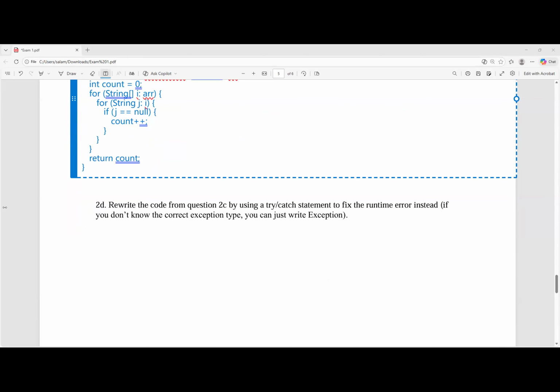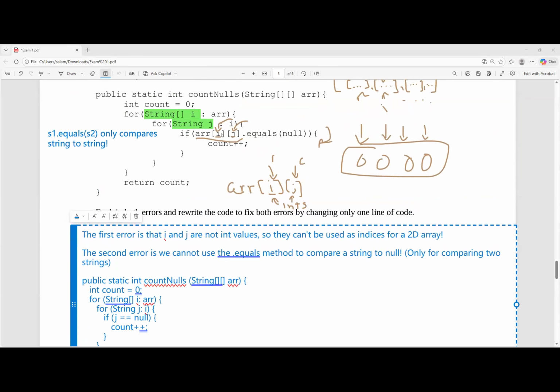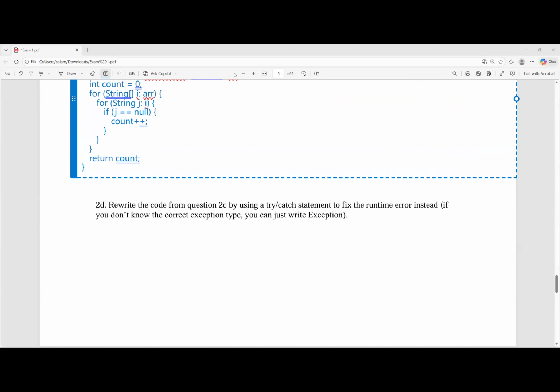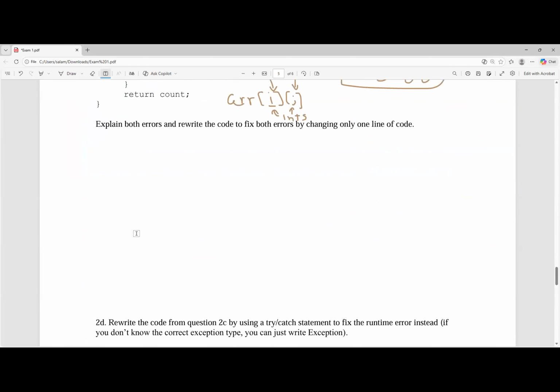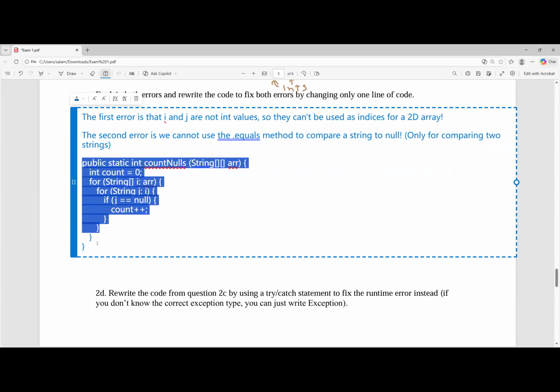Thank you. Rewrite the code from 2C by using a try catch statement to fix the runtime error instead. If you don't know the correct exception type, you can just write exception. Okay. So we're going to fix the arrays. Fix the runtime error instead. Let's try this. Is it gone? It's not gone. Just copy and paste this